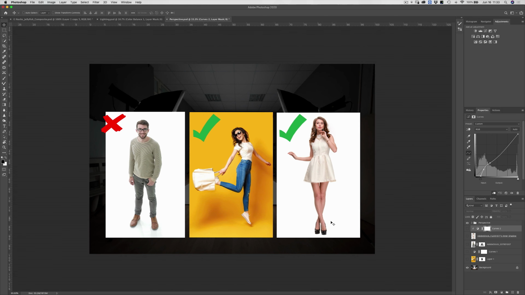Here are our 3 models, and you can see that the vantage point here is pointing down. The camera's pointing down at him. And here in these 2 situations, the camera is a little bit lower pointing up at the model. And so those are the 2 that tend to work out a lot better than this guy over here.